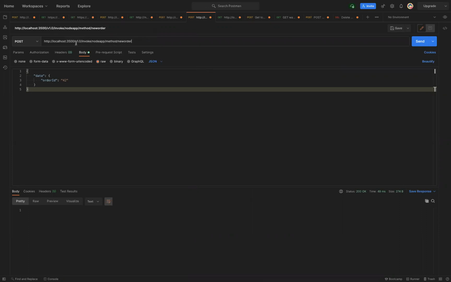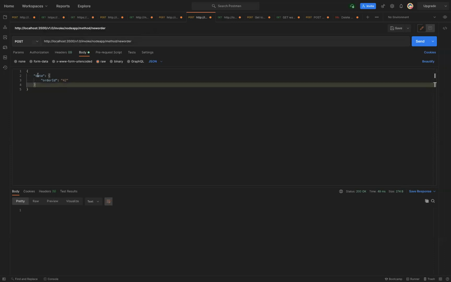And what Dapr does is that if I want to call an API, it provides me an endpoint, a specific thing I need to attach in the URL. If I want to call an API, I need to attach invoke to it. Okay, I need to provide the name of my application, which I defined there, which is node app, and the method name. We give method and then the method name, which is the new order method. Okay, so using this, Dapr would be able to call this API written in my Node code.